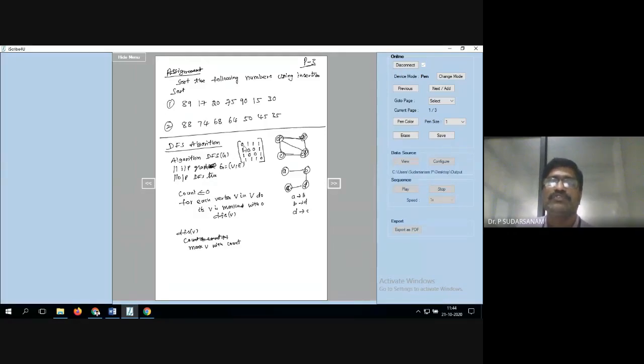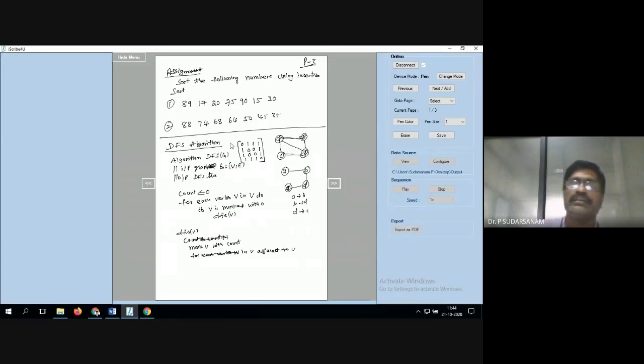Now you have marked A. Now you have to check it out. You have to put it in a loop: A to A, A to B, A to C, A to D. Where you have the 1 and the vertex is not visited, not marked with 0, you have to check. So for that you have to write one loop, that is, for each vertex W in V adjacent to V. The spelling is ADJACENT, adjacent.